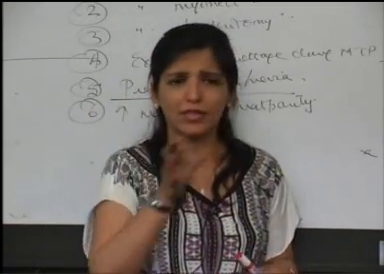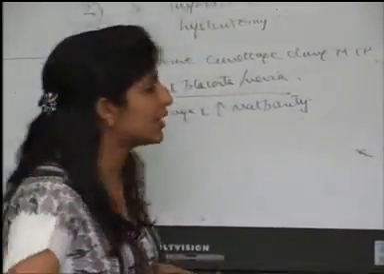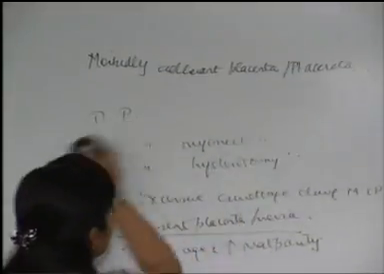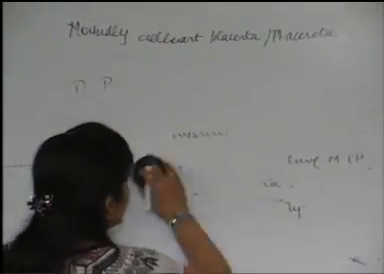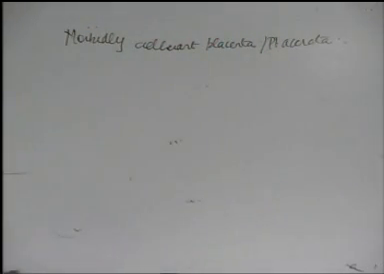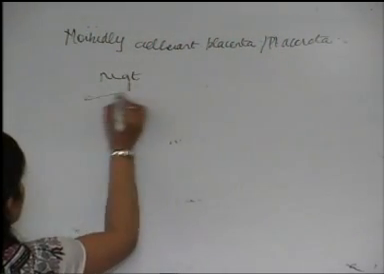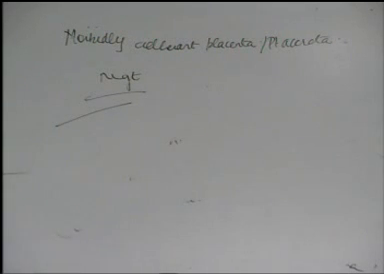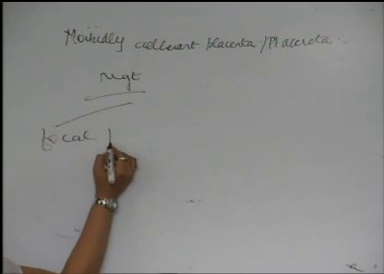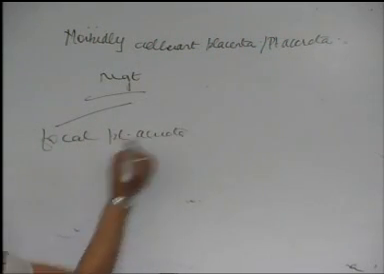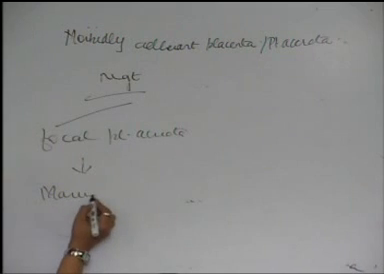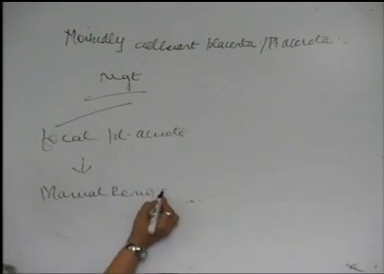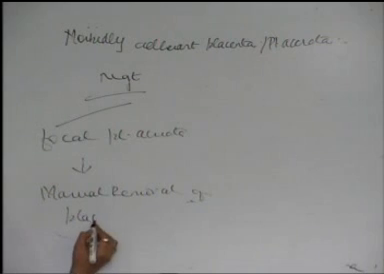Now, coming to the management of placenta accreta, if placenta accreta is seen focally, that means there is only a small part of the placenta which is firmly attached, then you can do manual removal of placenta. Now, for a manual removal of placenta, you should always remember that the uterus should be contracting